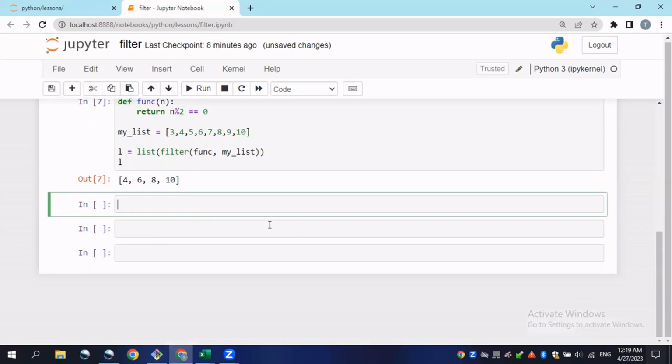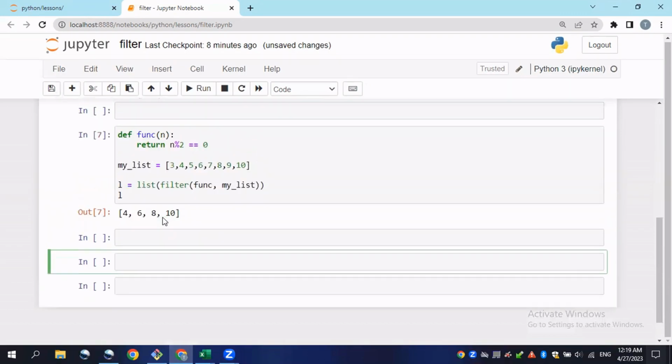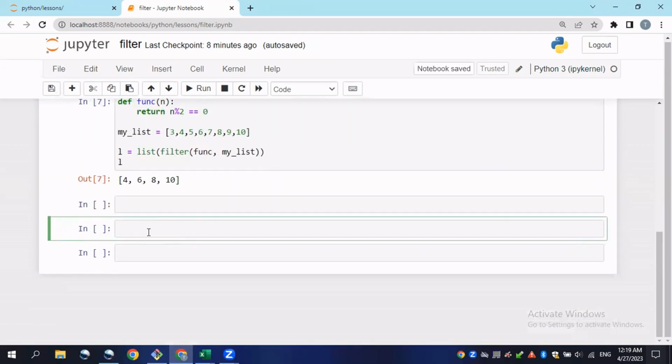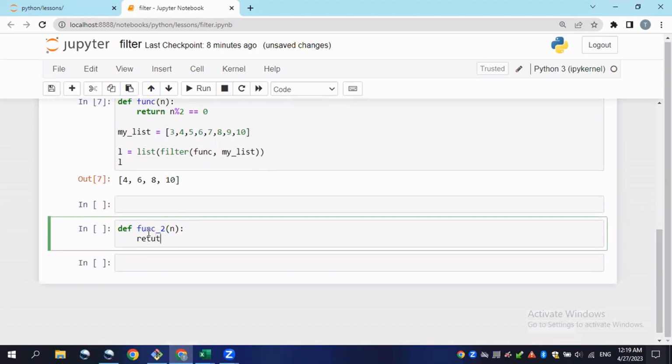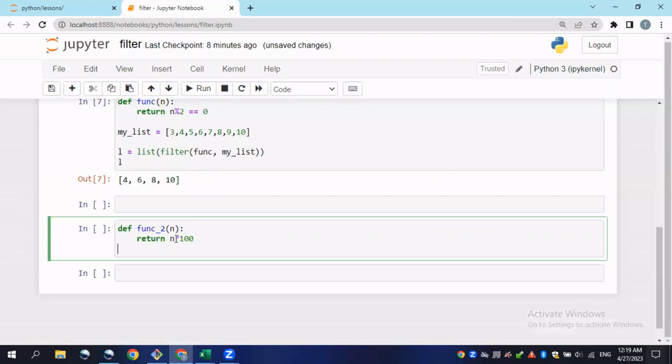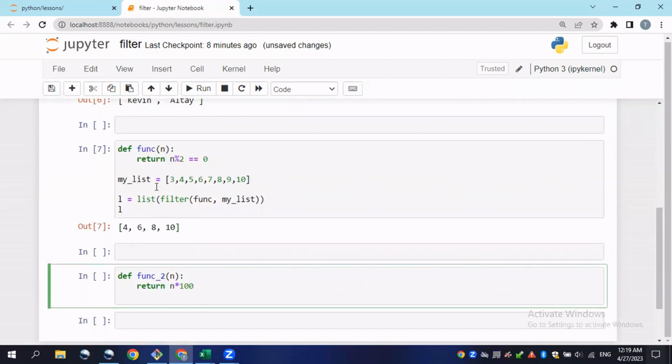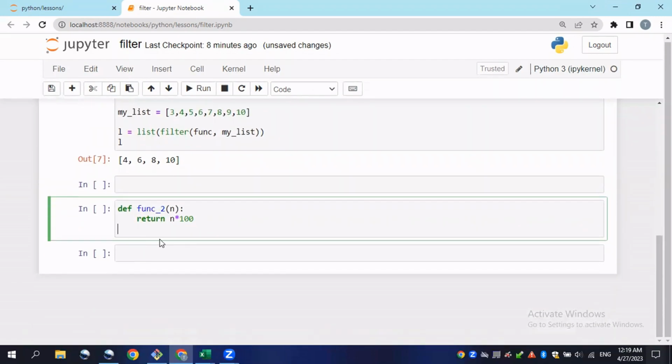But we already know that if we are going to apply the map function, we will type it like that. Let's say that I want to apply the map function here. First I will create a function, def function 2, right? And here I will pass a parameter and return what? Return, as an example, n multiplied by 100, but I want to multiply the n's which are assigned to the filtered option here, the elements which have been filtered. In order to do that, I would first type in t. This is the second parameter, this is the variable name. Again, I will type in the list, then I will filter